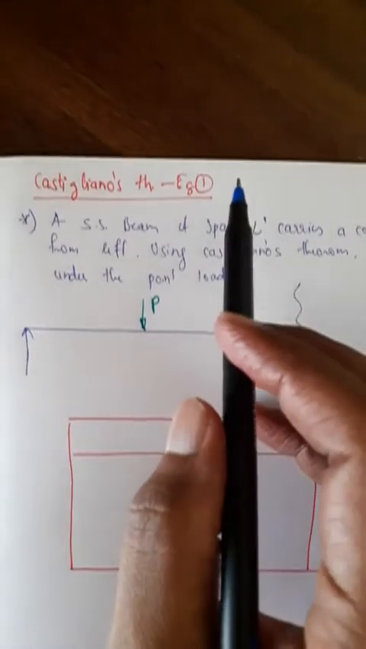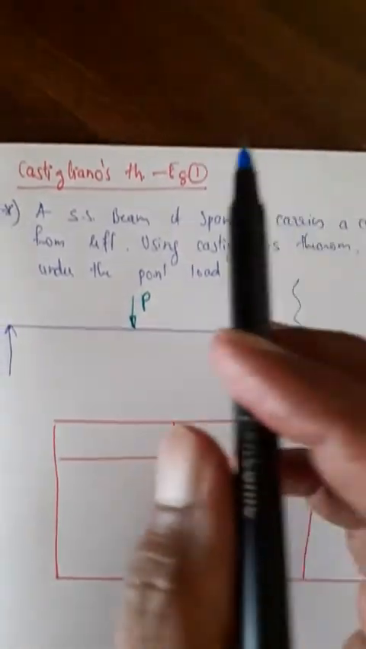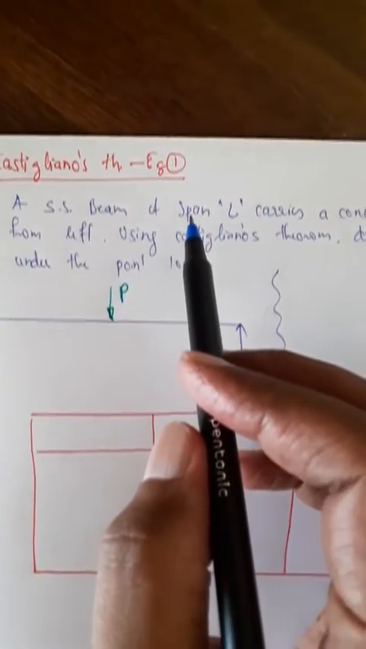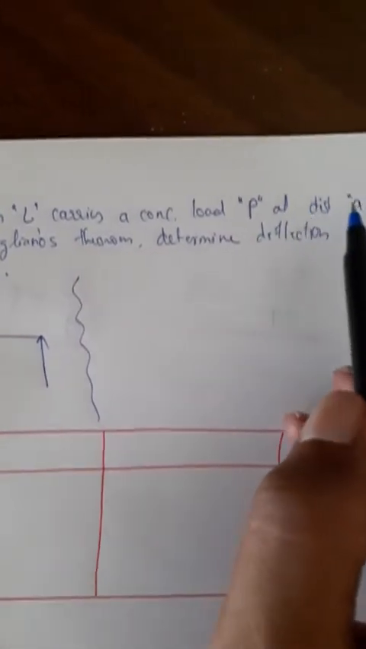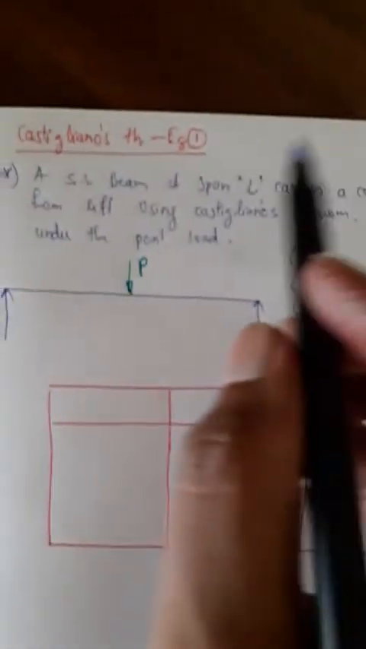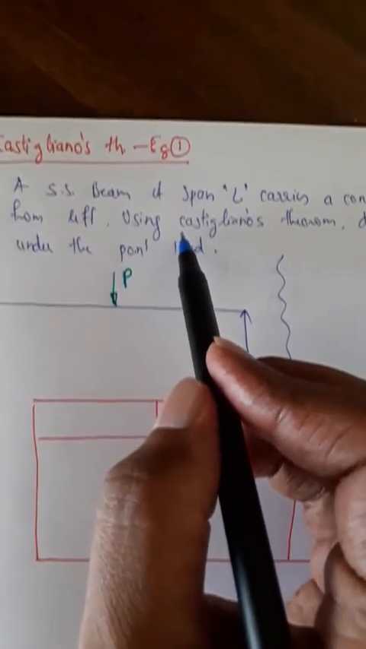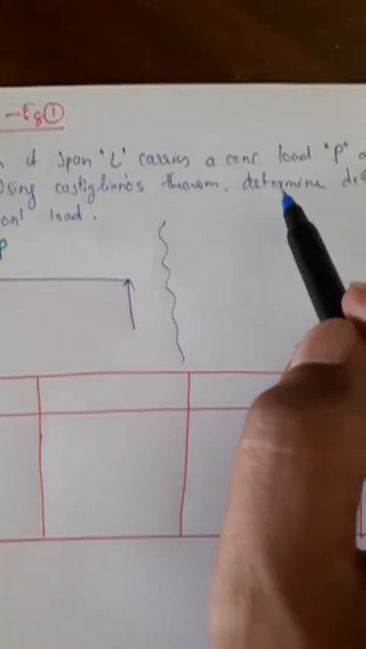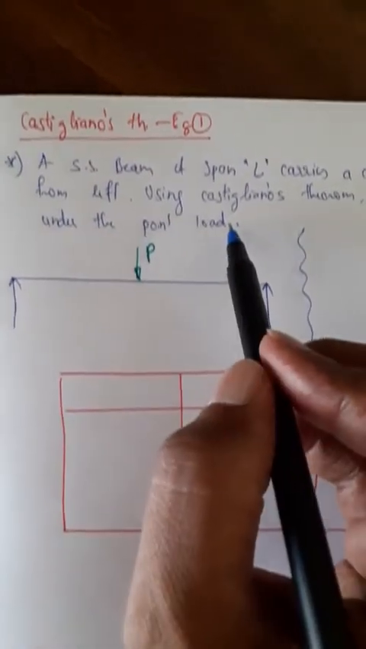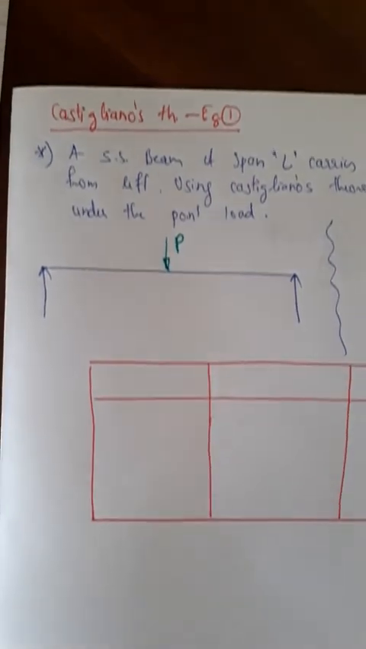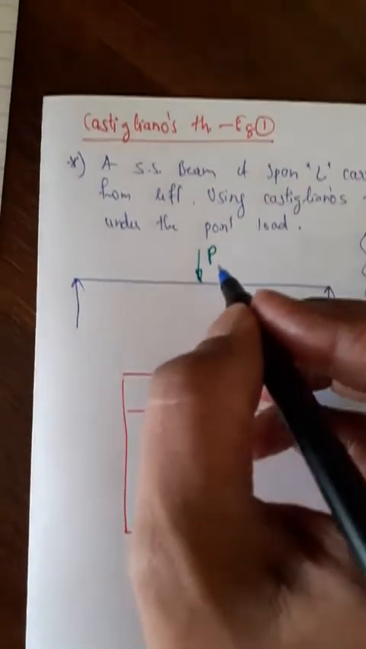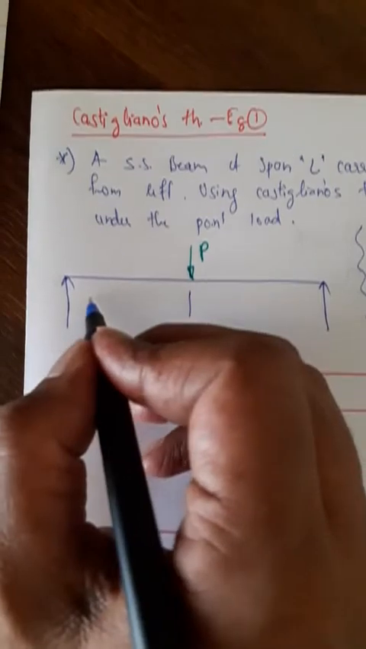Let us consider first example, a standard example. A simply supported beam of span L carries a concentrated load P at a distance A from left support. Using Castigliano's theorem, determine deflection under the point load. Let this be the point load acting. It is given that the point load is at a distance A